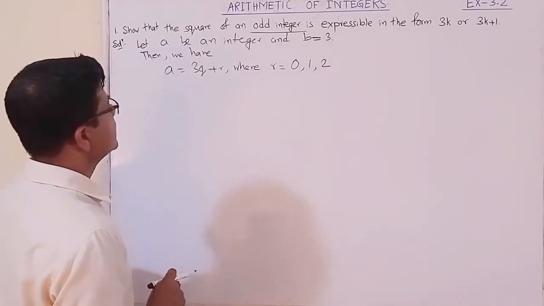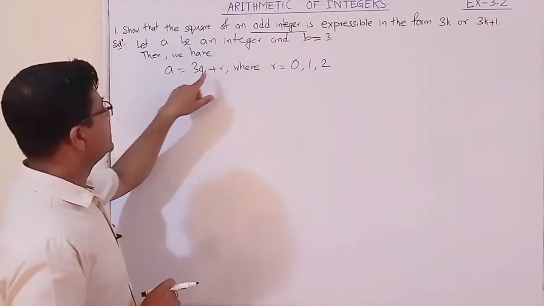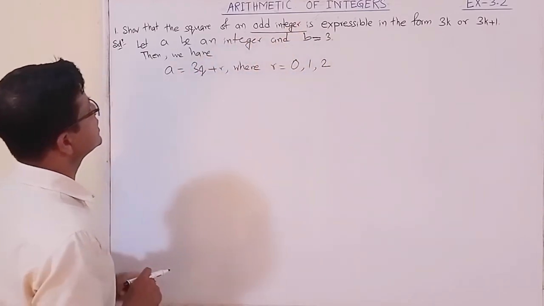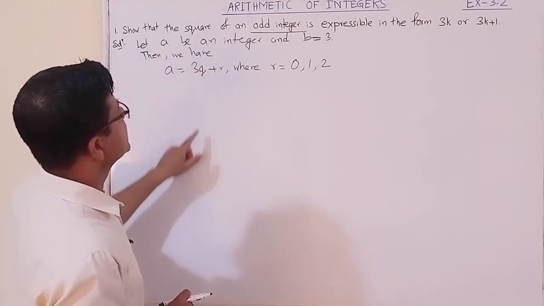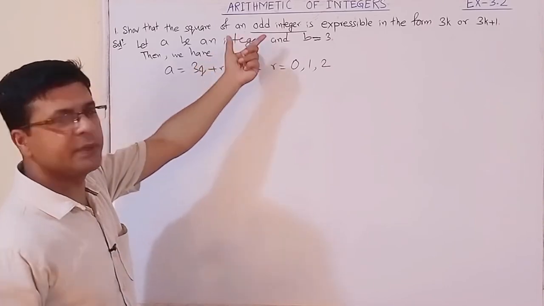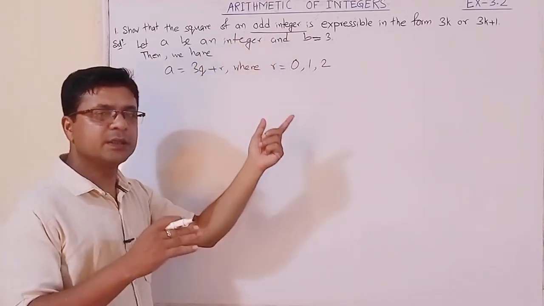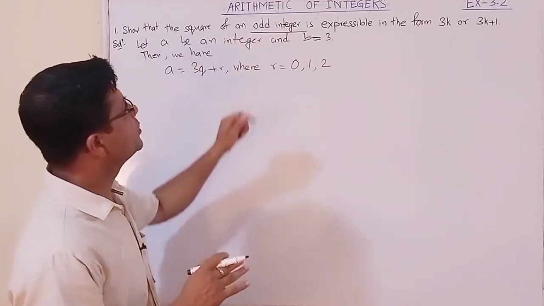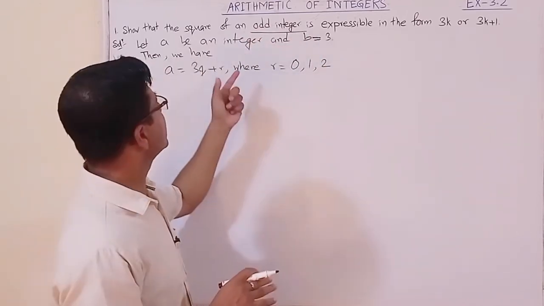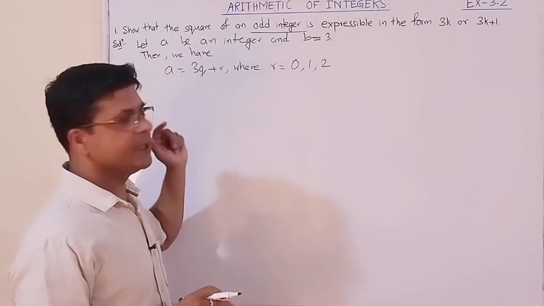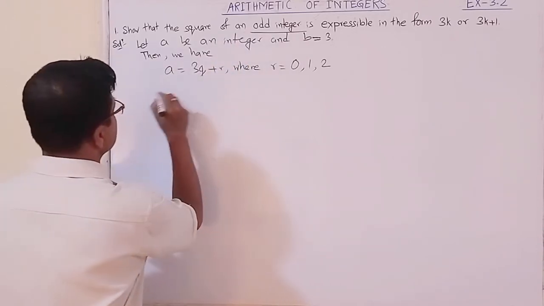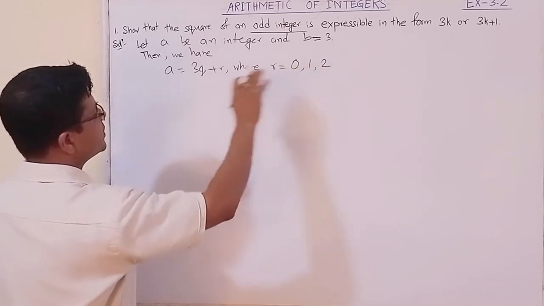Again I am saying that the given integer is an odd integer. It is given, we cannot do anything, so please try to understand that. How do you know that this is odd? Because it is given in the question. Our motive is to prove that the square is in this form. That's all. We are not about to find how it is an odd integer. It is given. So let us take all the possible 3 cases.